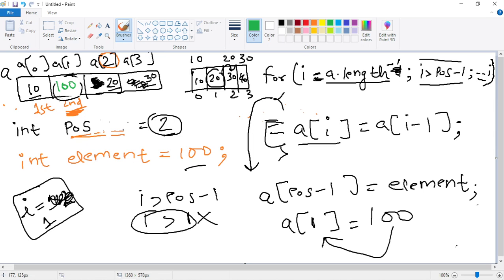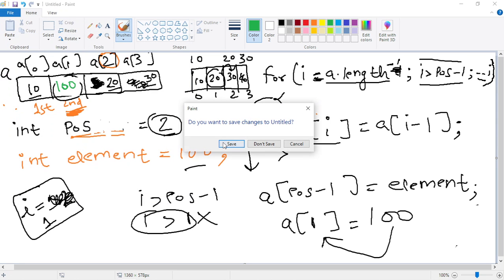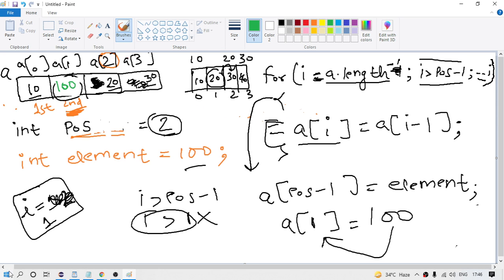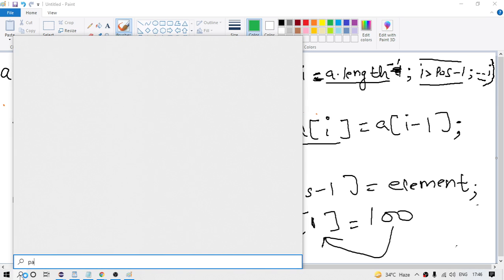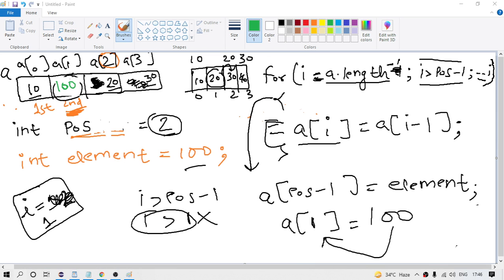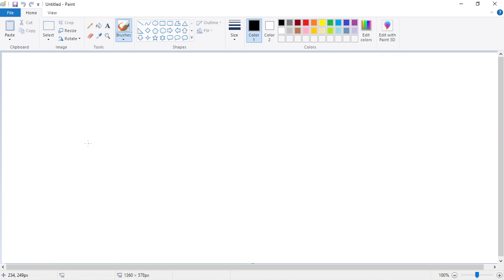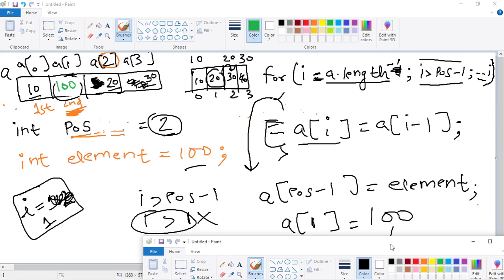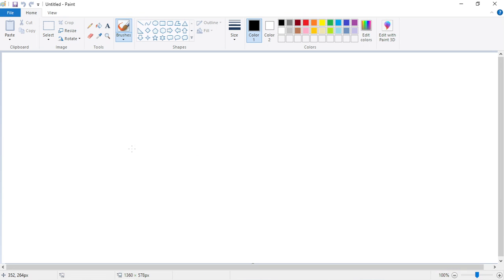Sir, the same program can be used to delete an element from the array, by skipping the last step. So if I talk about deletion, let me give you a hint. Sir, if we skip the last step of addition of 100, then automatically the element will be deleted. Is it? No, see what I'm going to say.